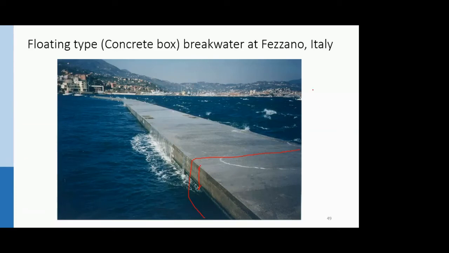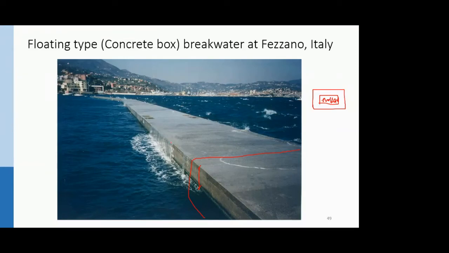So if I draw a cross section of it, it will look something like this: you have a concrete lining kind of thing, and then this part is hollow inside. Okay. So due to that hollow nature, this box will float. Though concrete has weight, it is heavier than water, the dimensions are selected in such a way that it creates buoyancy forces, and then it floats on your water.